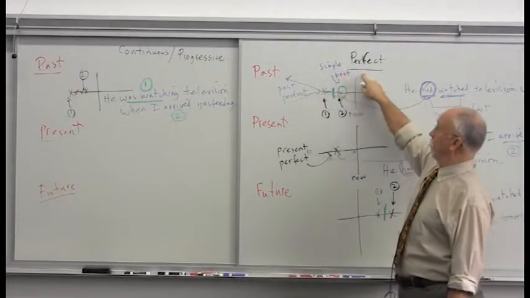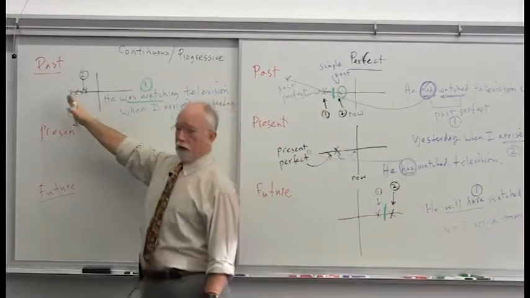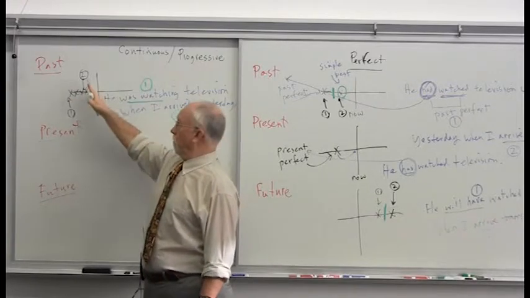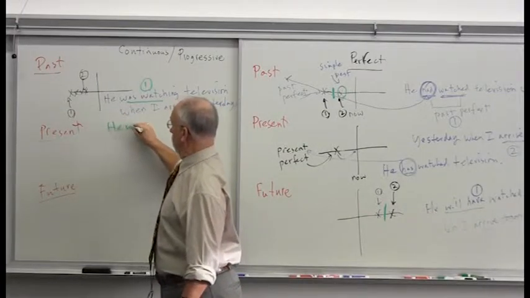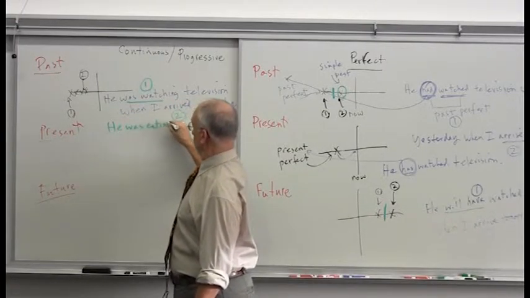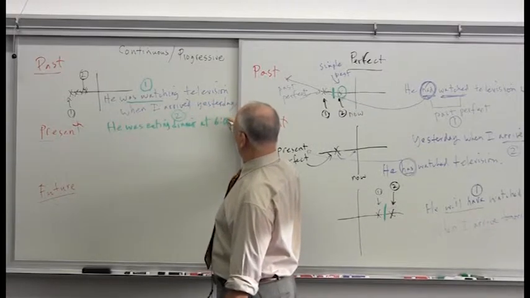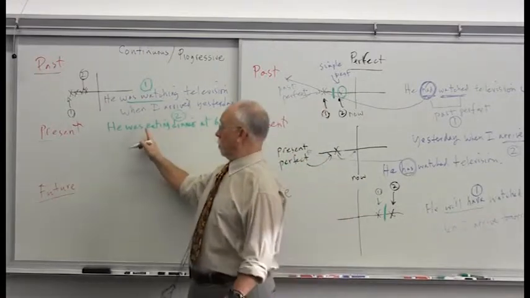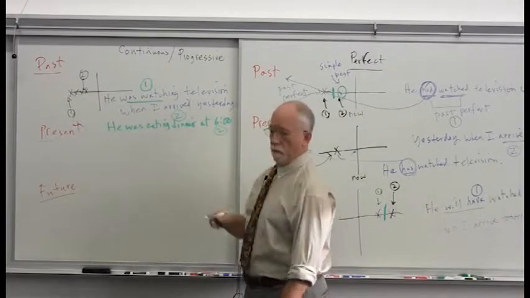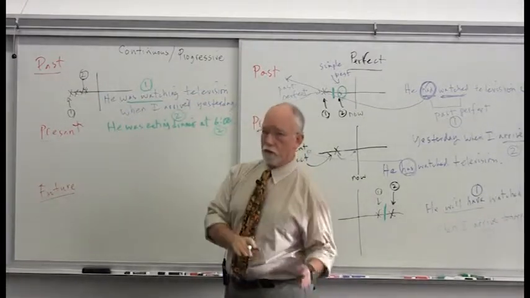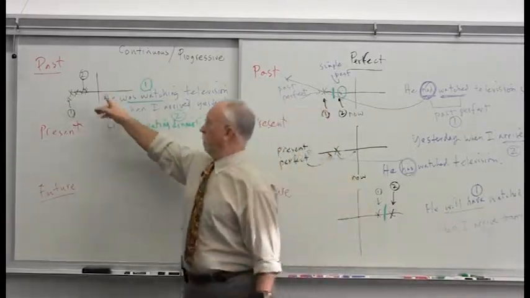So the difference between the perfect tense and the continuous or the progressive tense is the first action is not finished when the second action or second time occurs. He was eating dinner at 6 o'clock. So this means he started eating dinner before 6 o'clock, at 6 o'clock, which is our second point, whether it's an action or a time, and this is the first action, but it was not completed yet when we got to the second one.